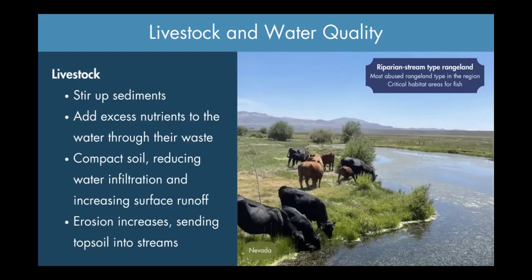Topsoil is eroded by wind and water and transported to streams, reducing water quality. These fine sediments alter fish habitat like spawning and rearing areas. This riparian stream-type rangeland is a critical habitat area for fish, and also the most abused rangeland type in the Great Basin, due to land management issues like overgrazing. Speaking of fish,